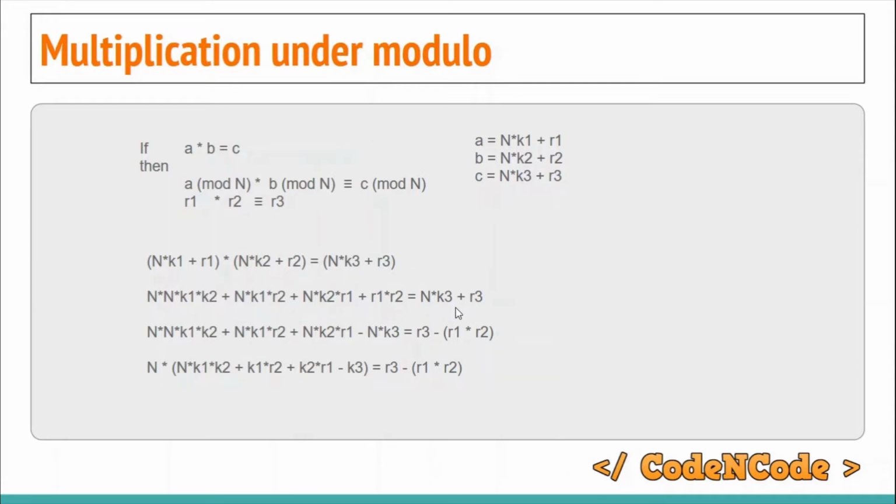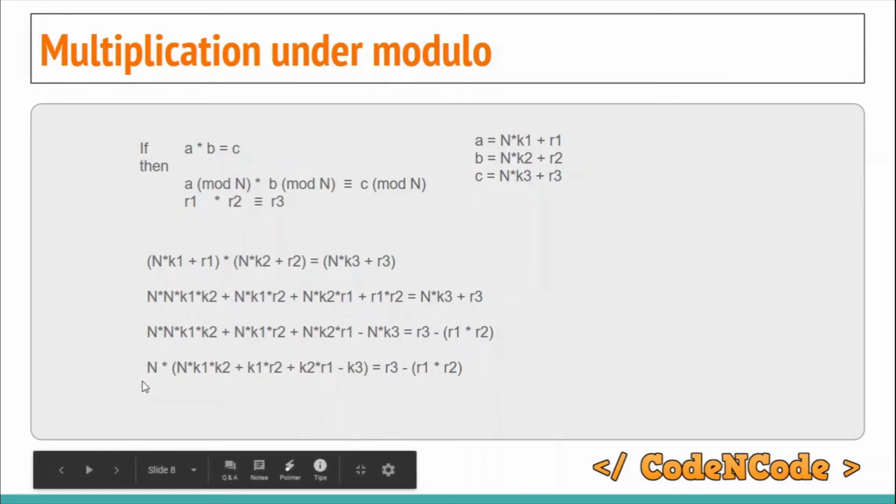To use that fact, what we would do, we are having r1 r2, we would take them to the right hand side and then take this n times k3 to the left hand side. Then you'd see that all these terms contain something that is common, that is n. So we would take n common out, and then inside we would be having these. It doesn't matter what this is, I mean you can write it yourself. So what it indicates is that